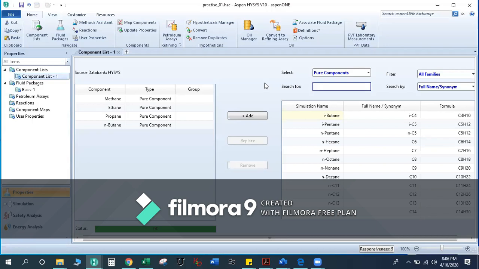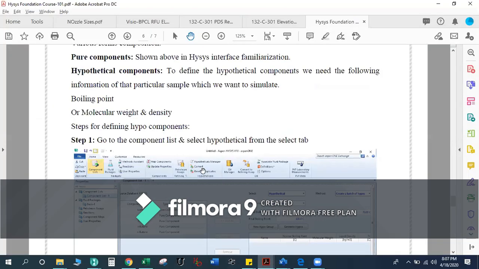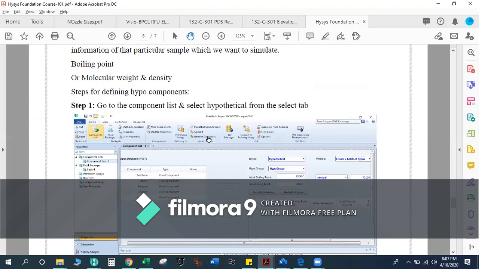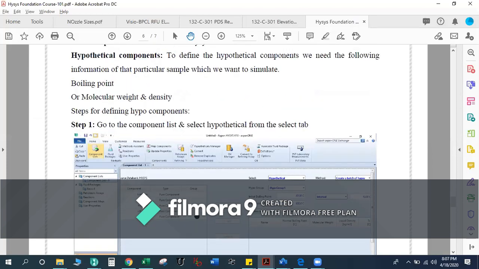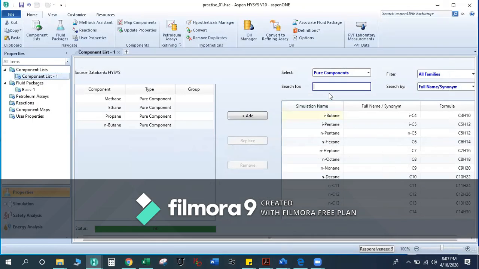Next, you may come across a stage where you will have only properties like molecular weight, density, and some other properties like boiling point. So these are the three properties.